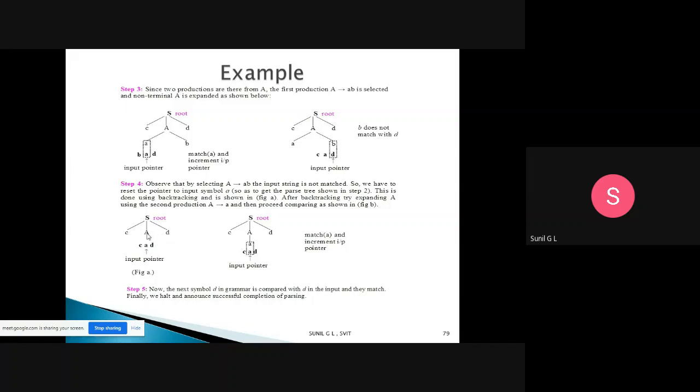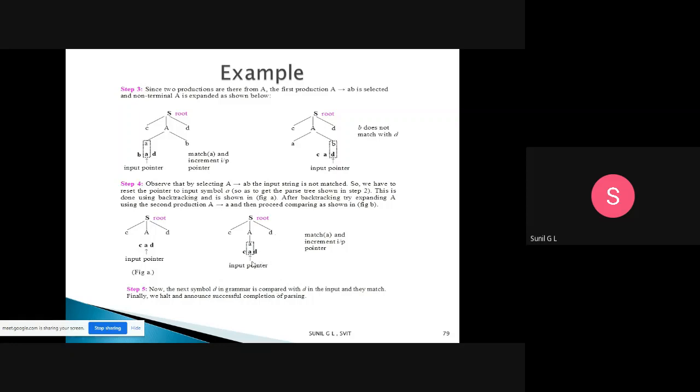The input pointer comes back to A, and the parse tree comes back at A. Here I expand A tends to a and compare with the input pointer. A is matching with a, so increment the input pointer. Now the input pointer is D, and D is matching with D.